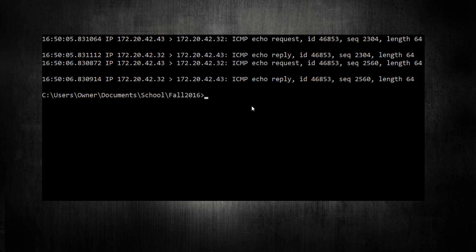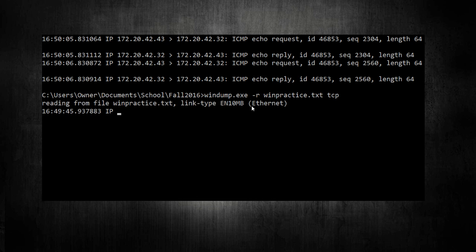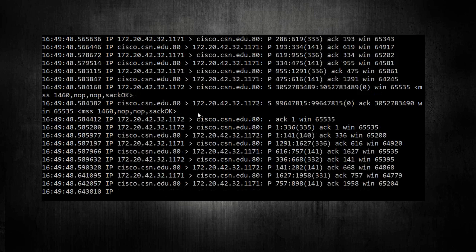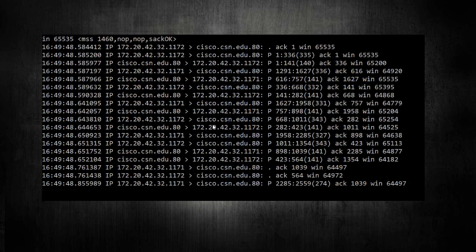Same thing if we do it with TCP. It's going to read through the file again, and it's going to start pulling out all the TCP packets. Alright, so we start seeing all the TCP packets.